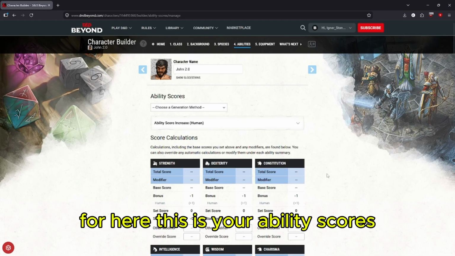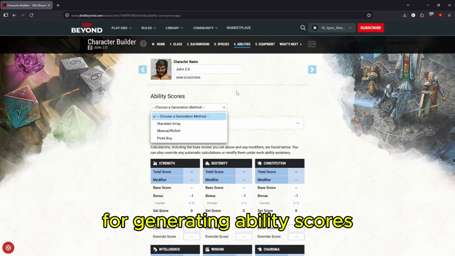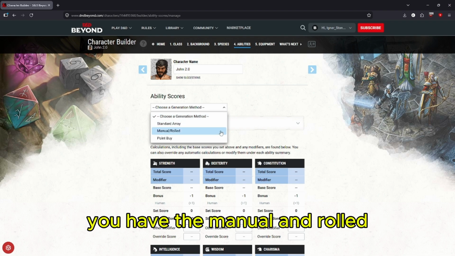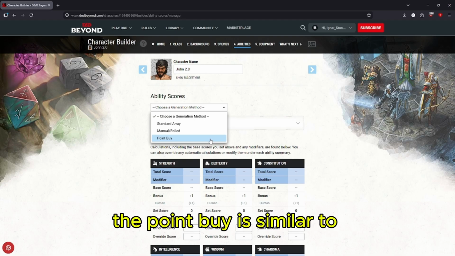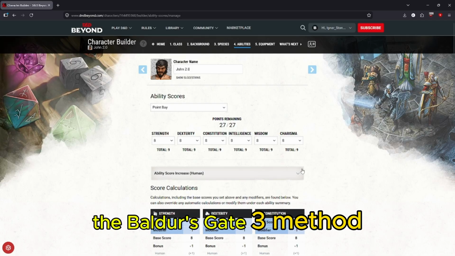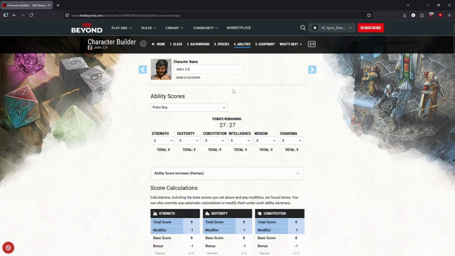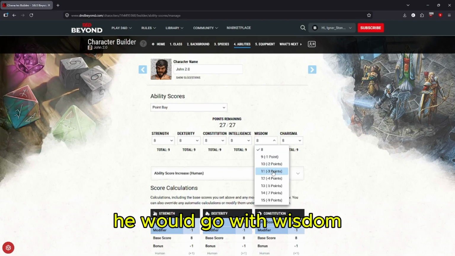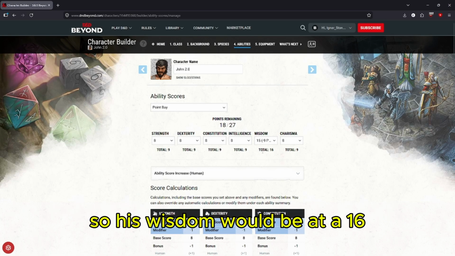For here, this is your ability scores. So you can choose several types of methods for generating ability scores. You have the regular standard array, you have the manual and rolled, or the point buy. For here, the point buy is similar to the Baldur's Gate 3 method, where here, we have 27 points remaining. Let's say since he is a warlock, he would go with wisdom. So we will pick 15, which would subtract 9 points. So his wisdom would be at a